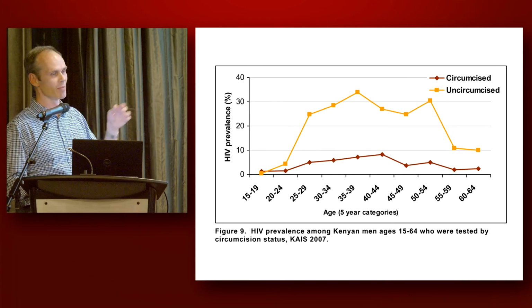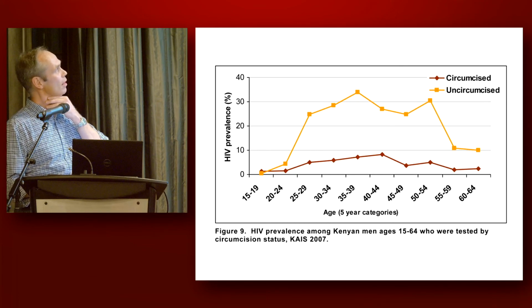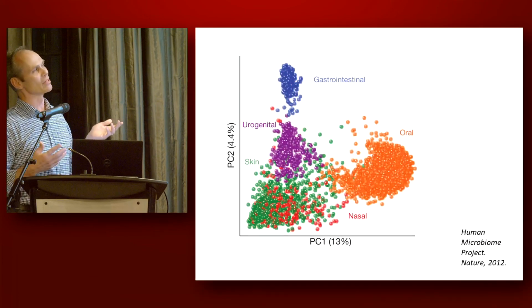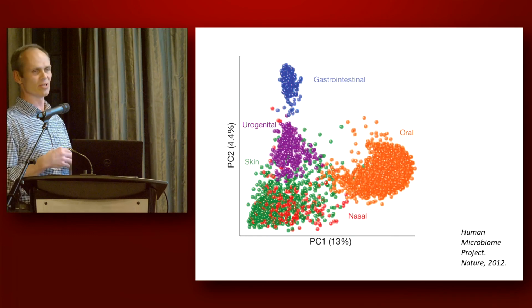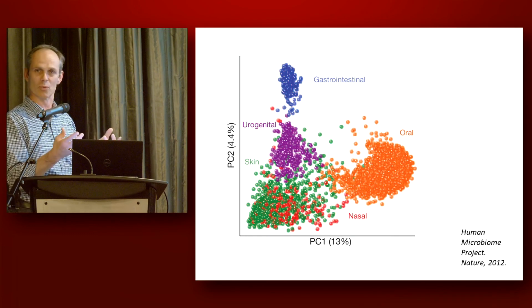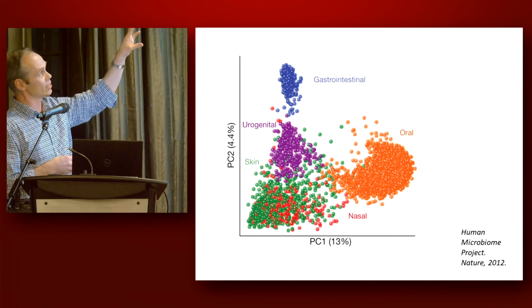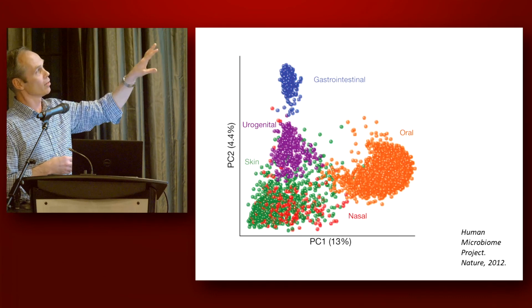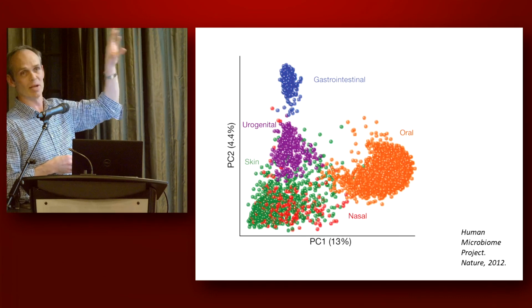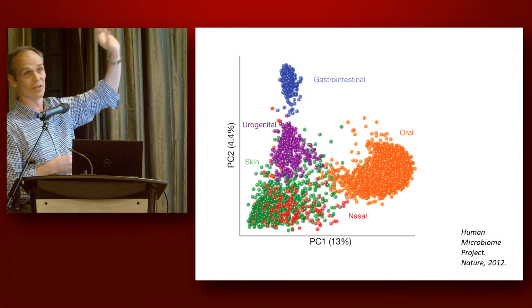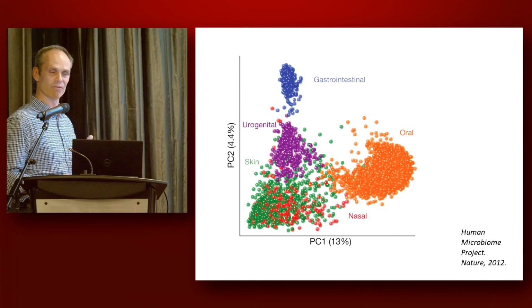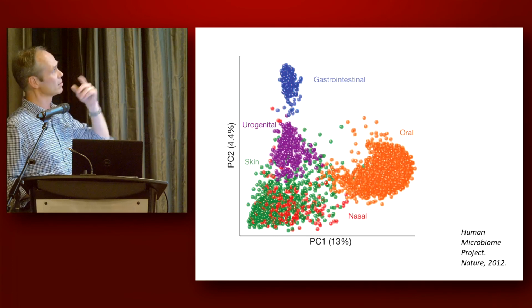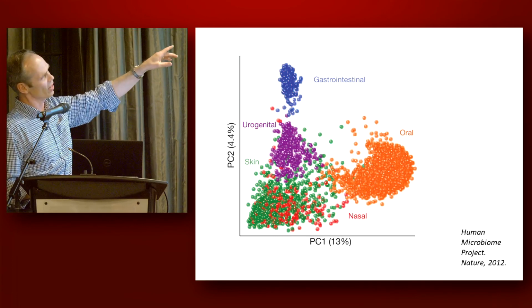We do lots of work around immunology and foreskins. This is just the microbiome, which is very neat. Everybody likes talking about the microbiome. The microbiome is just the sum total of all the bugs that we all carry on our bodies in all parts of our bodies. And this is just reminding you that it's quite different. The oral microbiome, the skin microbiome, the types of bacteria that we carry in the genital tract and in the gut are quite different. And the type of bacteria that we have actually is an important determinant of HIV risk.